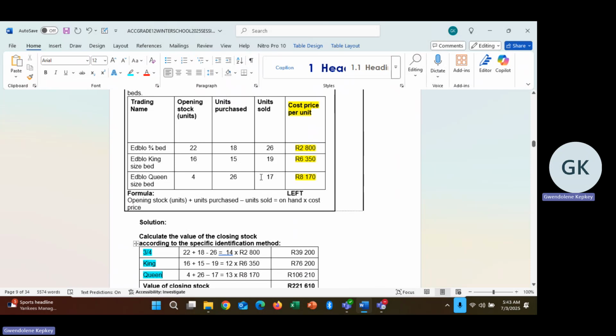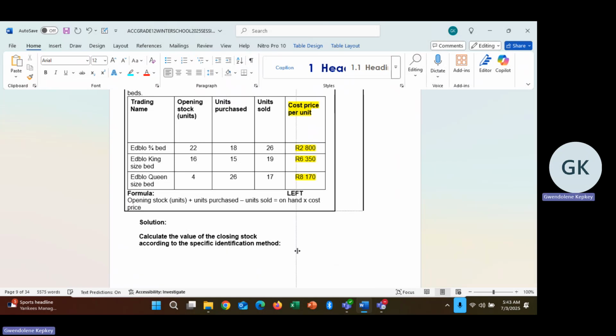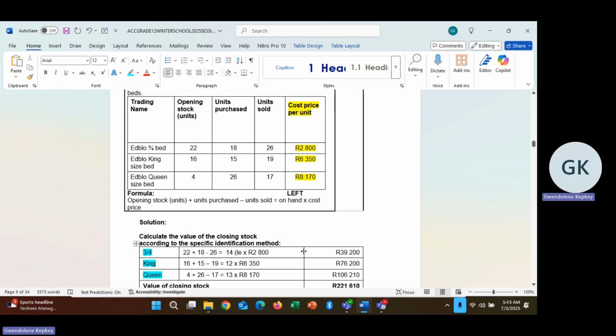Then I sold 26. Grade 12s, this is actually of the 3 methods, I must say this is really the easiest and also the section where you can score quite a bit of marks. So the 14 is effectively what you have left. That is the number of items you have left. So we now need to determine